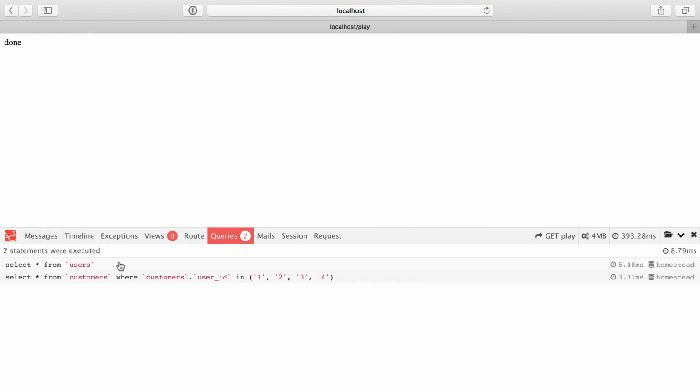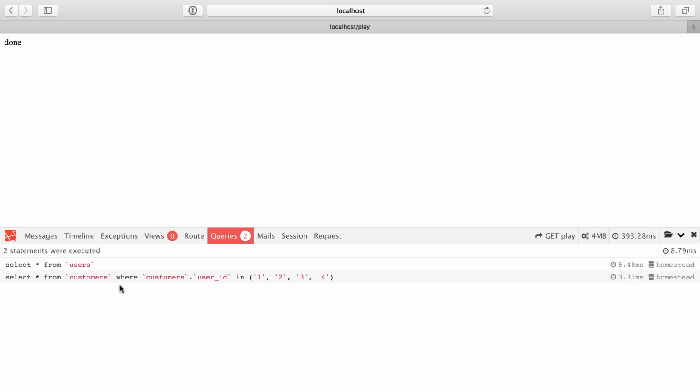Perfect. So we get all the users, and then we cycle through the users and get all their IDs. We have all the IDs, and we say grab customers where the user ID matches 1, 2, 3, or 4. In other words, the IDs for all of our users. So now we've only done 2 queries instead of 5, right? Instead of the n+1 problem, in other words, instead of for every user, run another query, we are only doing 2 queries here, where it gets star from users. It knows it has 4 users, and it only has to run one more query to fill in the customers